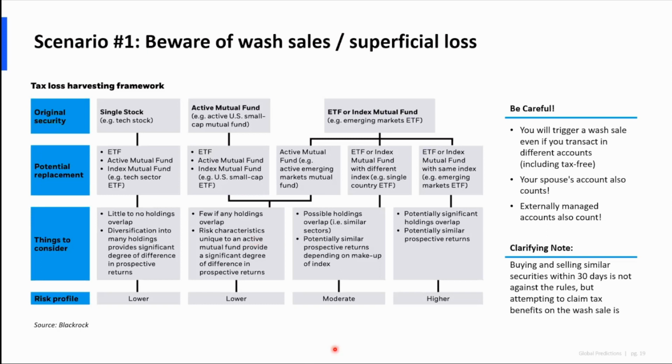A couple other things are important to note here. If you remember back to the beginning, when I talked about how sometimes your tax-free accounts do matter, it matters for this: you can't use them to preserve your portfolio exposure. For example, if I sold my SPY stock in my normal brokerage account and then bought it back the next day, or the same day, or whatever within 30 days, in my tax-free account, that's clearly skirting the rules, so it's not allowed. If you have a spouse, you can't use them to put back the exposure, assuming you're filing together. That's not allowed.